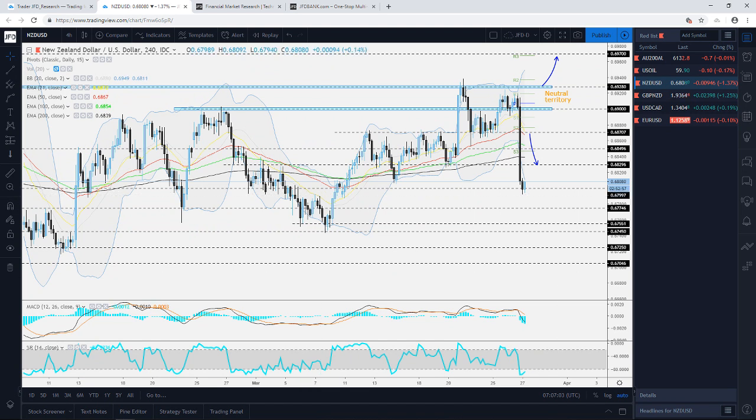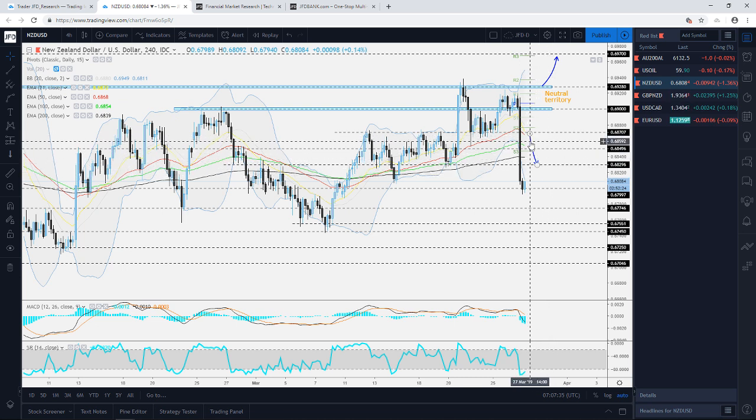NZD USD now, the main topic of today, or should I say this morning at least. Basically, I was talking about this one yesterday, and this is just a quick review here, guys. We were trading initially here in this neutral territory that I was talking about. I was saying that even if we see a drop below this 0.69 level, the next potential target could be this one here around the 0.6870. But if that fails to hold, then further declines are possible.